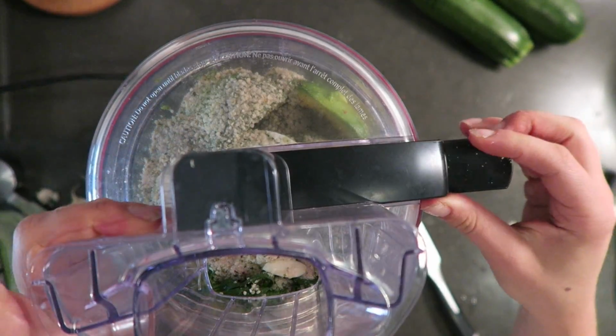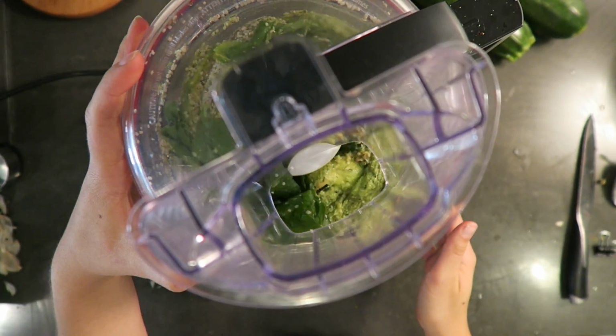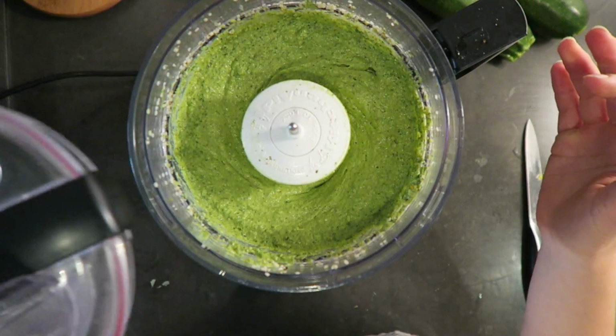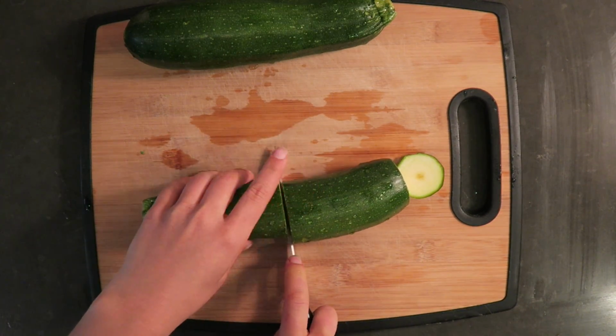of salt. And then all you do is blend it up in the food processor and just go until it's completely smooth. And it takes probably 5 minutes or so, but look, it's avocado pesto. It's so good. For the zucchini, to get started, you just cut off the ends, and then I like to